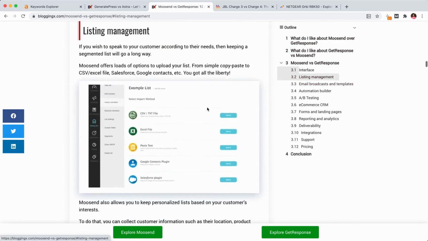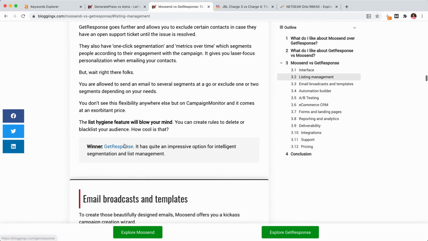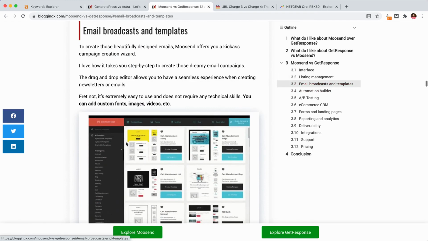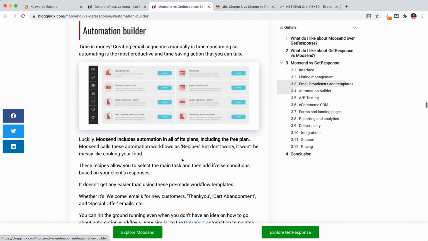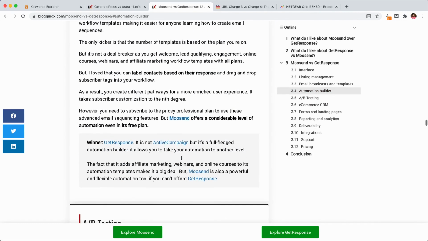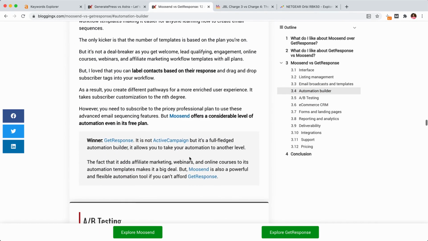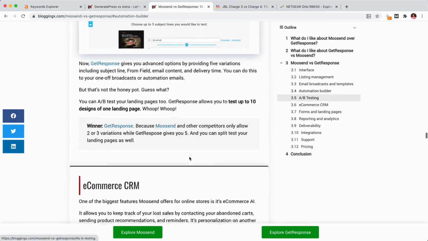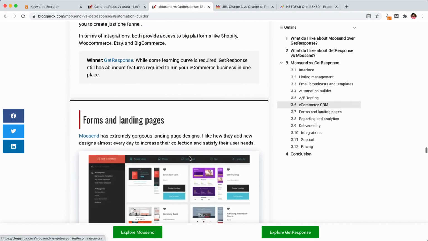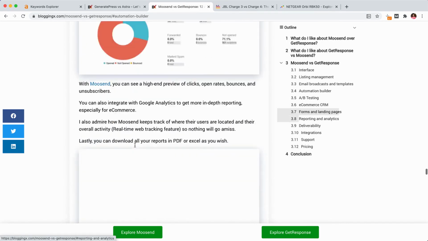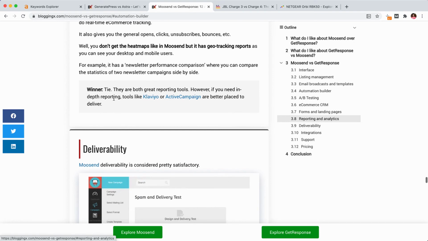When it comes to listing management, GetResponse wins because of some features, maybe some cleanup issues or list hygiene features, maybe, I don't know. Email broadcasts, GetResponse wins. Automation builder, GetResponse. A/B split testing, GetResponse. E-commerce CRM, GetResponse. Forms and landing pages, MoveSend. Reporting and analytics, tie.